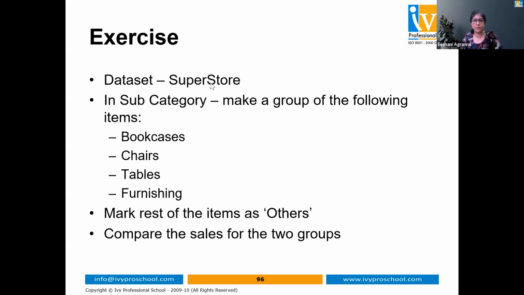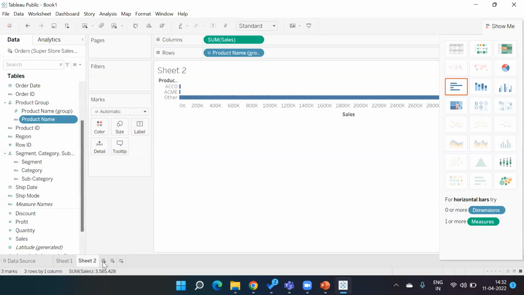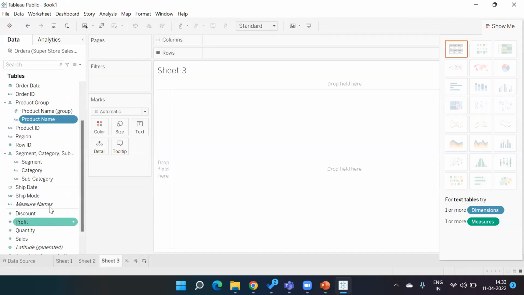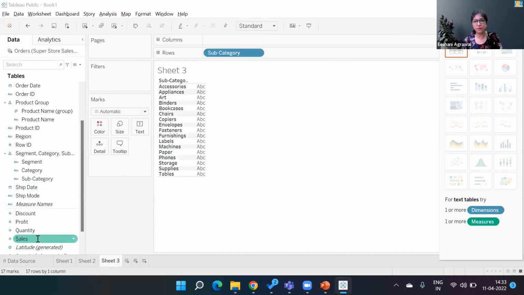Yes. Ishani, can you show the option again? So in subcategory, what I had given,